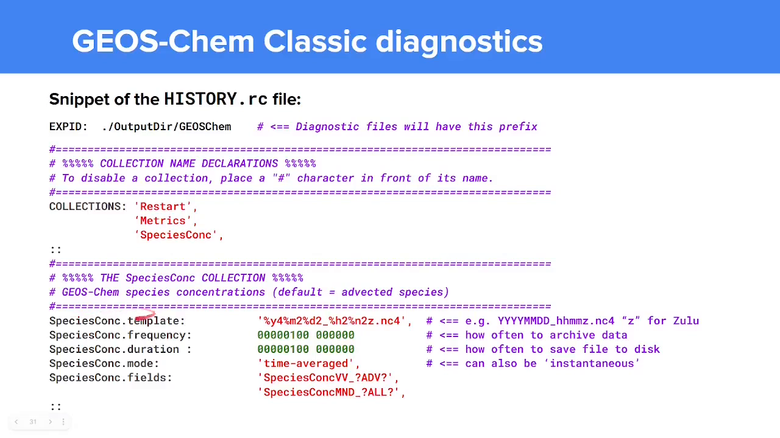And in each collection, you can save one or more diagnostic quantities or diagnostic fields. Here is species concentrations in mixing ratio, species concentrations in number density, molecular number density. You can use wildcards in GEOS-Chem Classic. This refers to advected species. This refers to all species. So instead of having to type out each species individually, you can just use wildcards to subset a given group